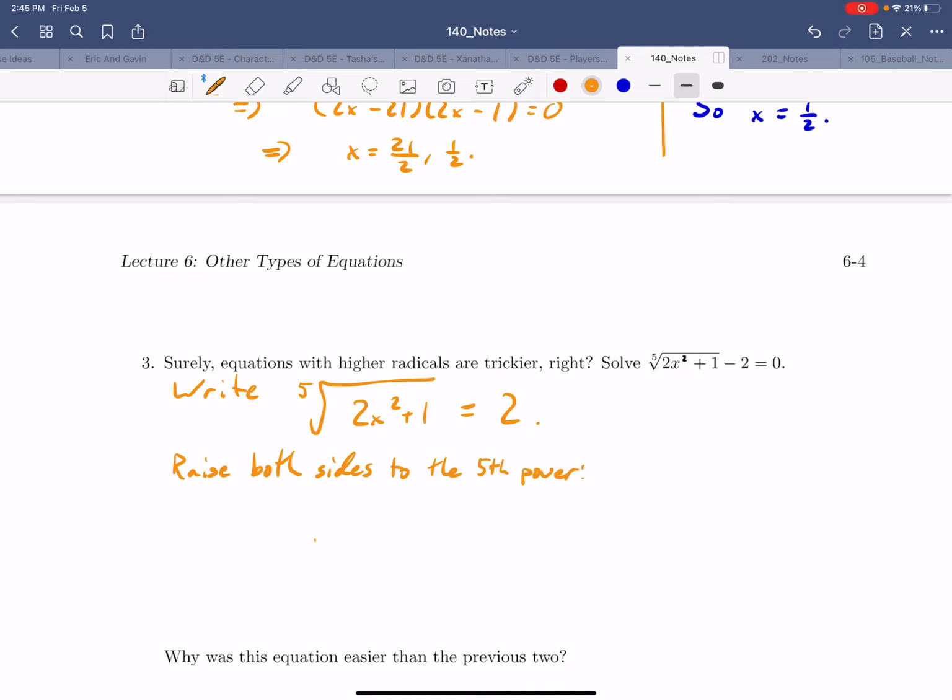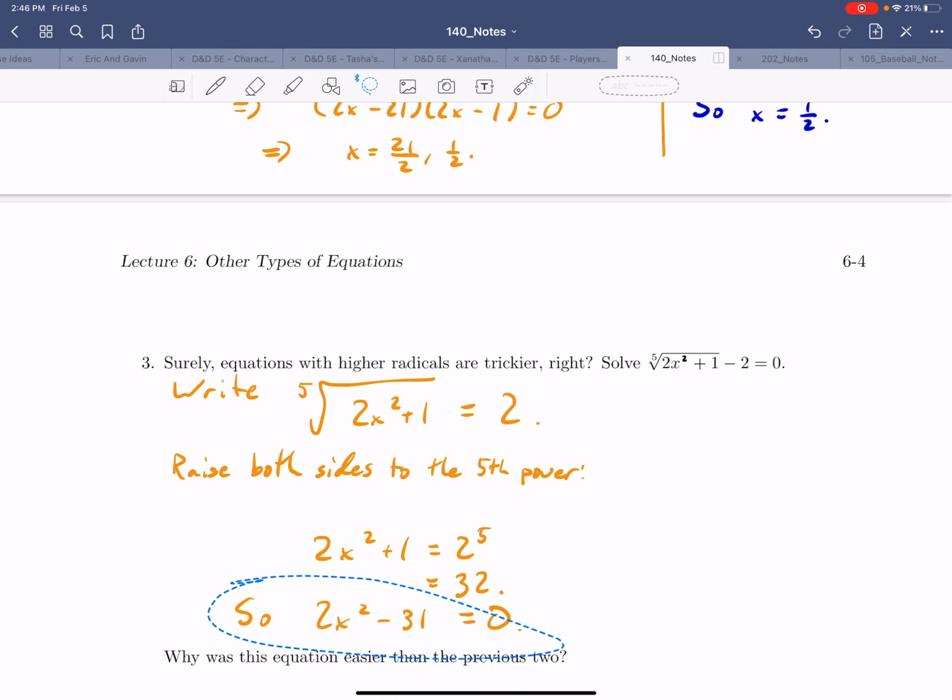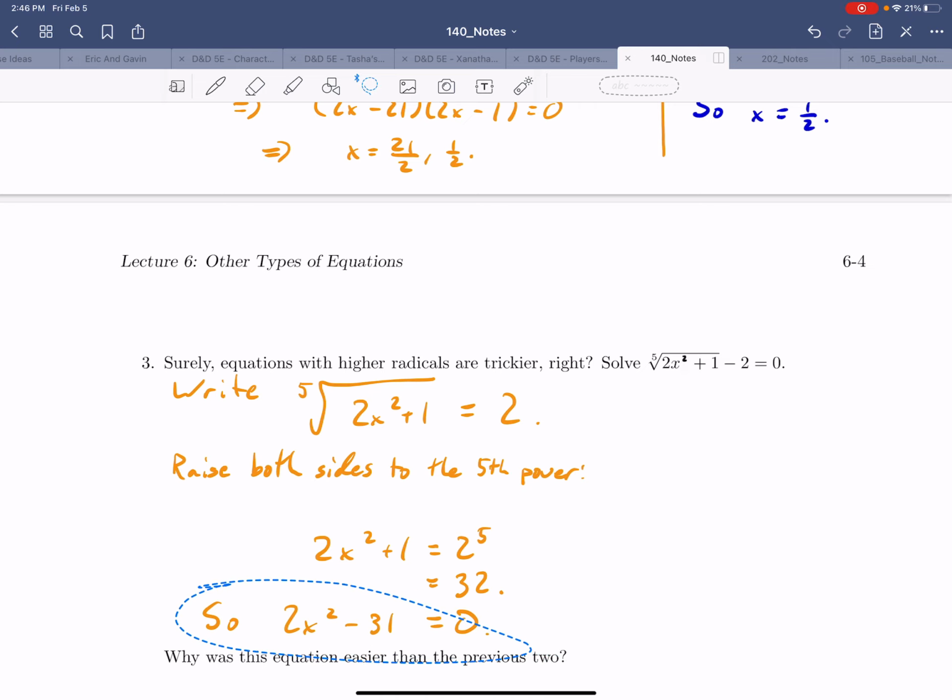We're going to get 2x squared plus 1 equals 2 to the 5th, which we know equals 32. Or if we don't know that, you can do 2 times 2 times 2 times 2 times 2. It's 32. And so then I guess we're going to get 2x squared minus 31 equals 0. There you go. Not the nicest thing in the world, but